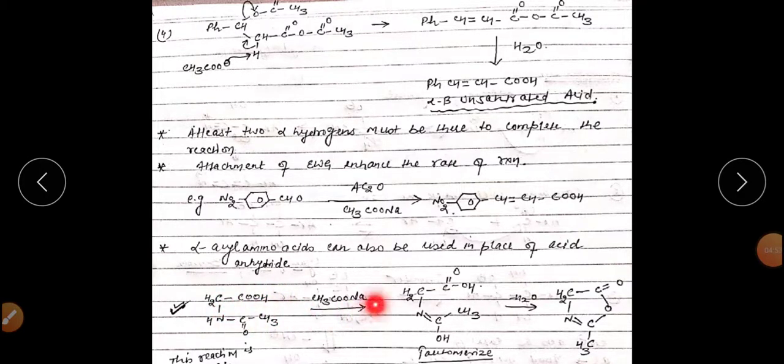First of all, it will react with the base and will get converted into this one, which on tautomerization, and then finally on dehydration will get converted into this one, and this on further reaction with the benzaldehyde will get converted into the final product. This particular reaction, means if we are not using anhydride in case of Perkin reaction and we are using this particular compound, that is alpha acyl amino acid, at that time the reaction will be called as the Erlenmeyer azlactone synthesis reaction.